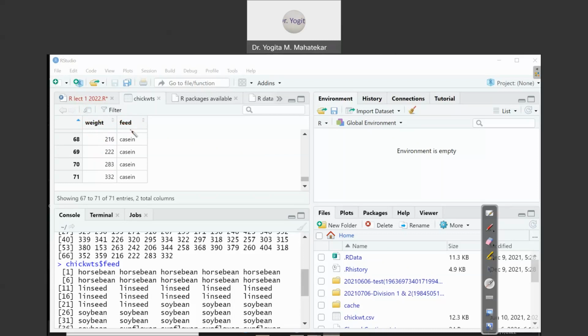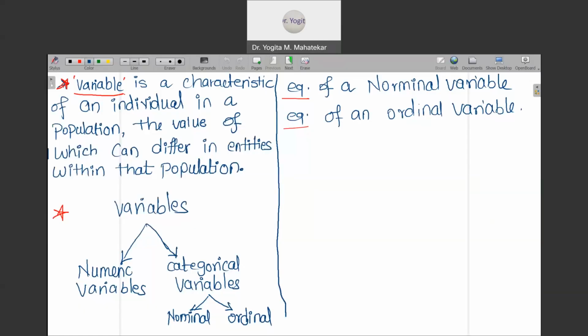A categorical variable is basically not numerical data, but it can be further differentiated into two other kinds of variables, namely a nominal variable and an ordinal variable. Here I have written the further differentiation of the variable.